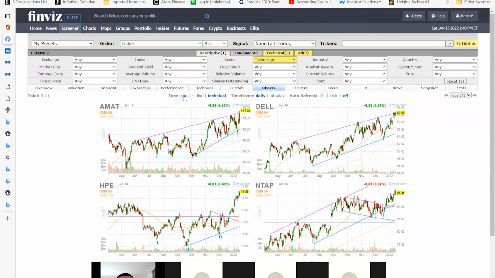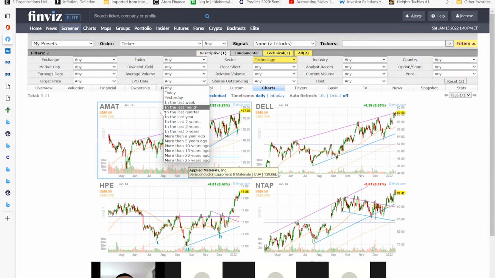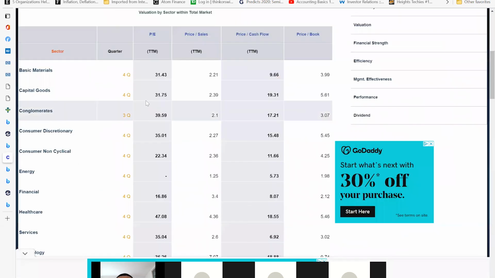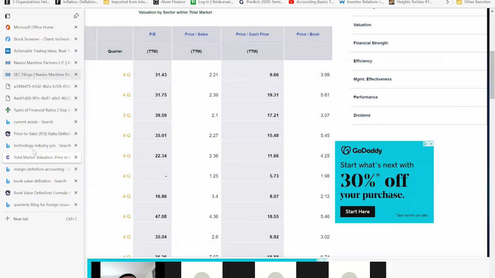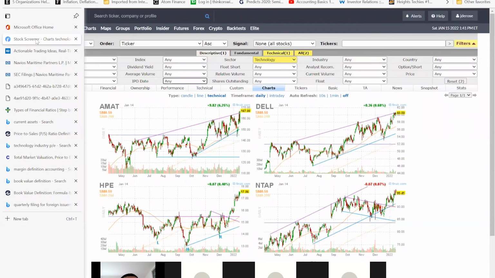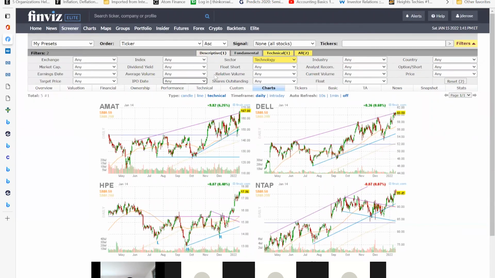If people want to play IPOs, right? You can see who IPO'd last week, who IPO'd whatever. Like, whoops, didn't mean to click that. So just want to show you guys that you can screen for more than just, did I close it? No. Yeah, you can screen for more than just